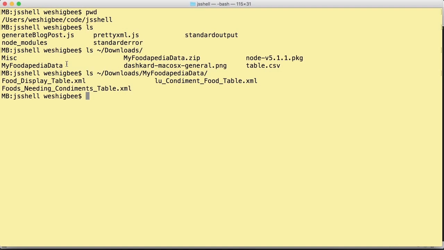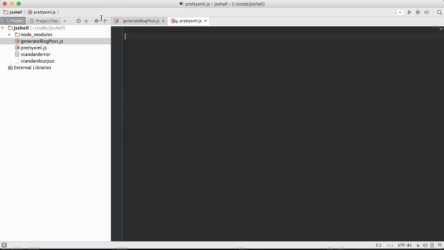Now, we could go grab this file right now and move it over to our JSShell folder, but that's no fun. Instead, let's use the path API to path to this and open it up right where it's at, where we downloaded it. This will give us an opportunity to look at how we can path to files in Node.js. So inside of our pretty XML script, the first thing we want to do is find the location of